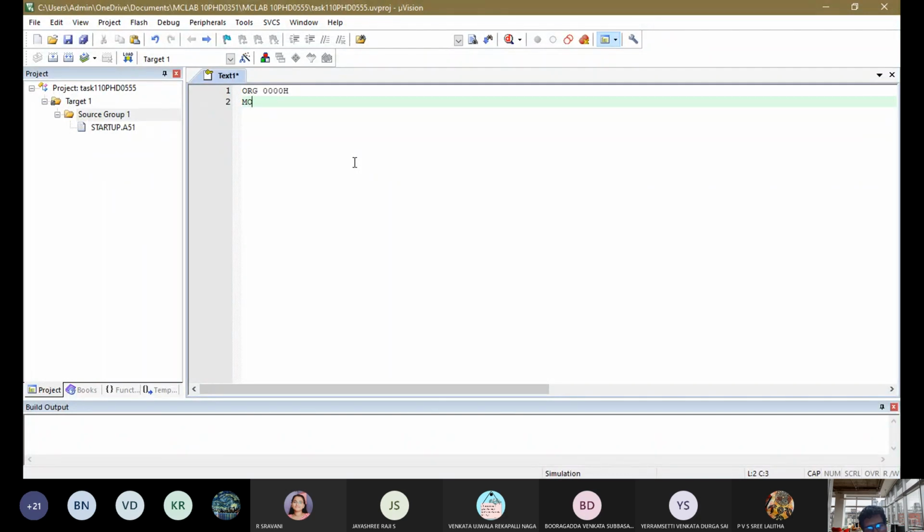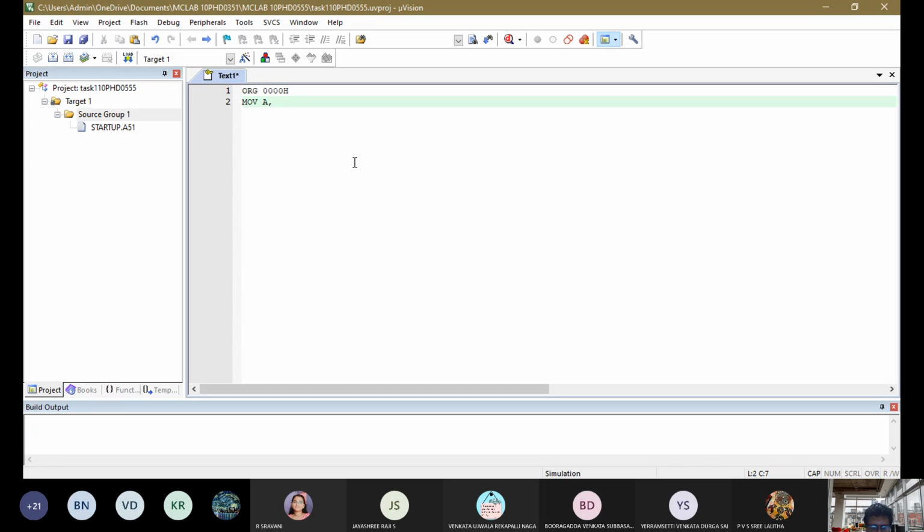Now let us practice with a simple addition program. For that, we require 2 data. One data I'm going to take in the accumulator or A register. Note down, the A register or accumulator is a general purpose register of the 8051 used to store the source and destination. Okay, in brackets, note down one of the source.